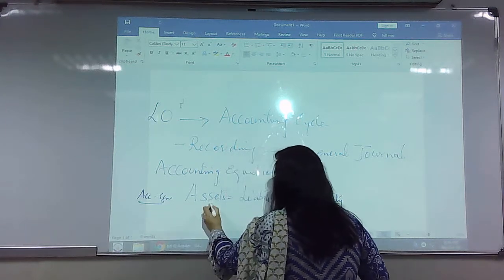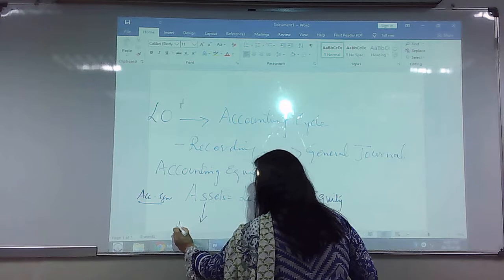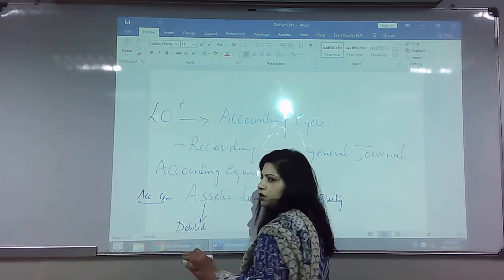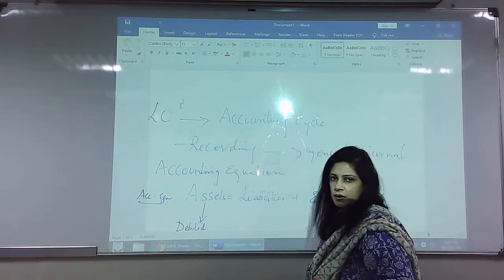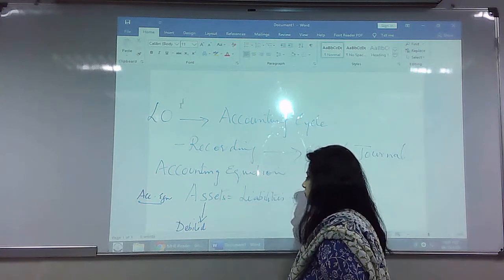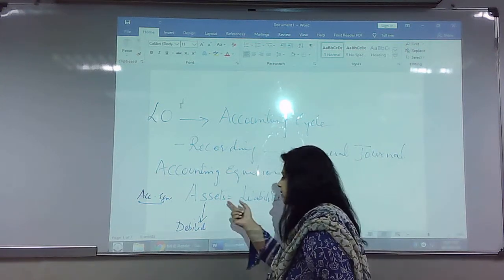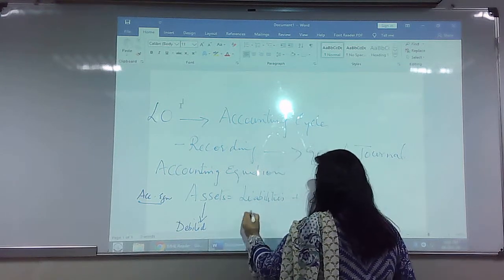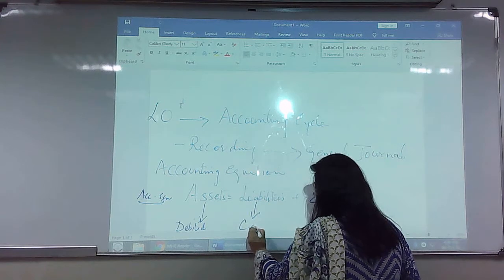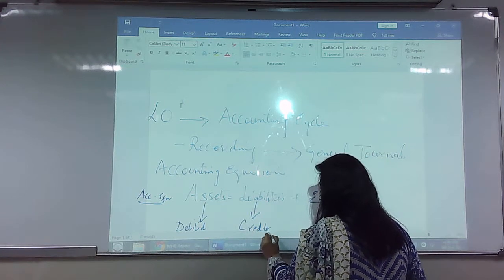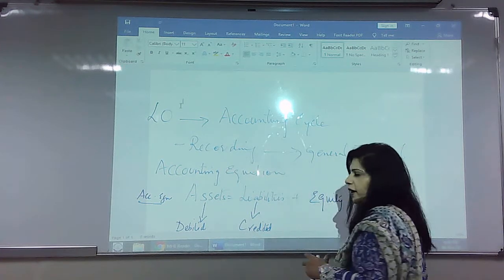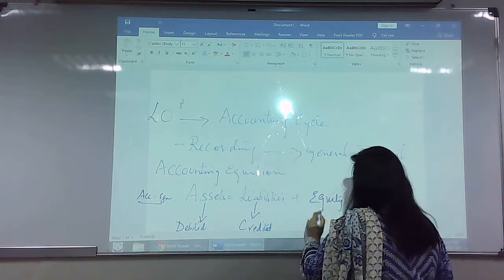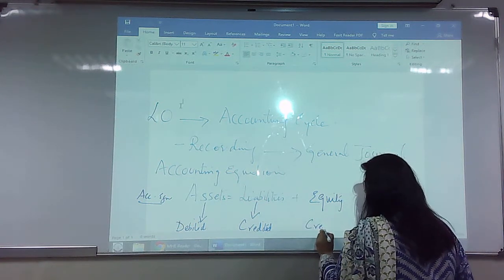And now we need to understand again what is debited. Assets are debited. So at this stage, you just write this down and remember that assets are debit in nature. This is credited. So initially you memorize things and then they would gradually start making sense to you. And equity is also credited.